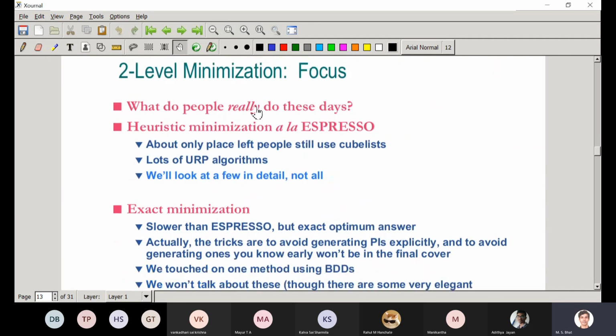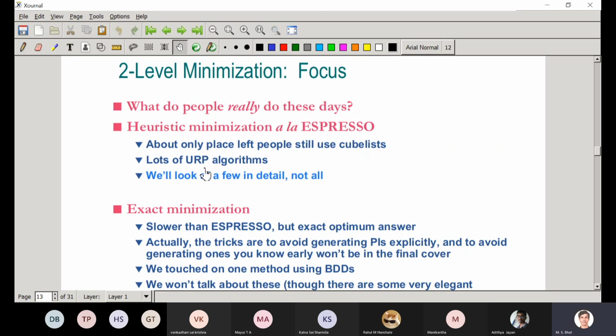Okay, so in two-level minimization, what people are really doing, their optimization steps are similar to Espresso. Espresso is one algorithm. There are many such algorithms. Many versions of Espresso. What people do is they manipulate cube lists.